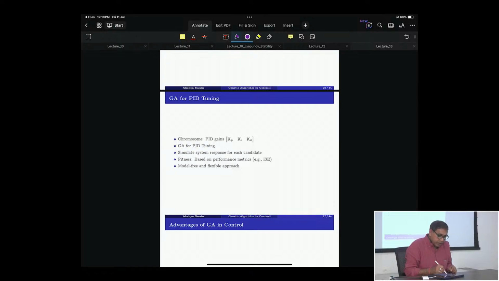See, chromosome PID again, GA for PID, simulate system response for each candidate. Each chromosome will give you Kp, Ki and Kd, right? So for each one, you simulate, you find the output, then compare with the reference, find the error, first chromosome. So there are 40 chromosomes, for each of the 40, you find out the values. Then decide which one is minimum, and the second minimum. Keep those for the next generation. Then continue. Got my point? So finally you will find,